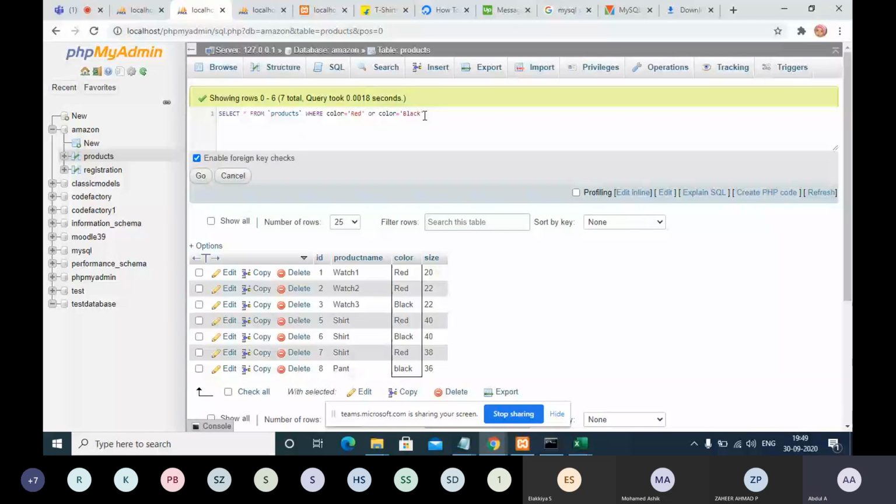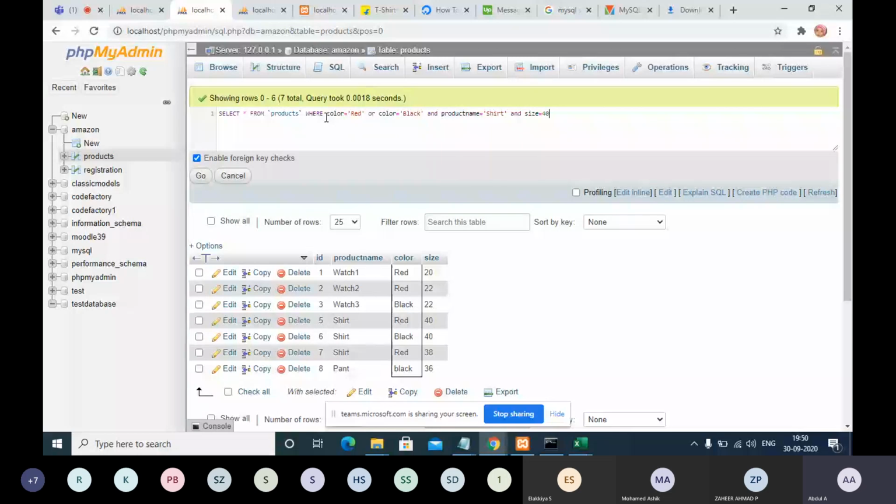But now if you are trying to add a few more things, for example, I need red or black shirts, but only shirts, not other items like watches or anything. So here you are including an and condition. You need to handle this carefully.